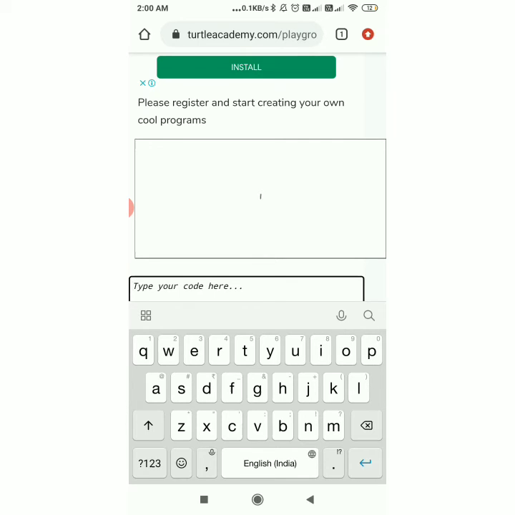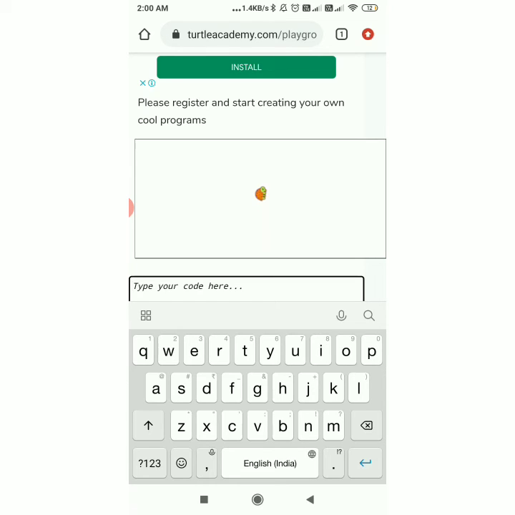Okay, now if you want your turtle again, use ST. Fine. So today we learned two new commands along with repeat. HT means hide turtle and ST means show turtle. Like this you can see small steps.